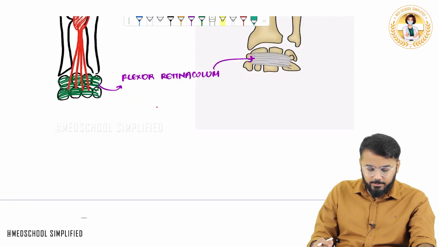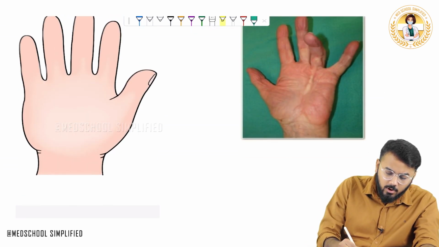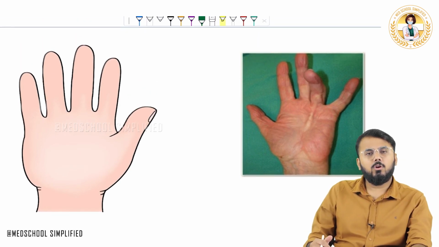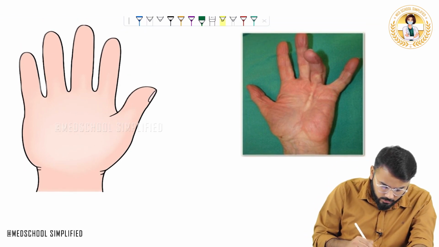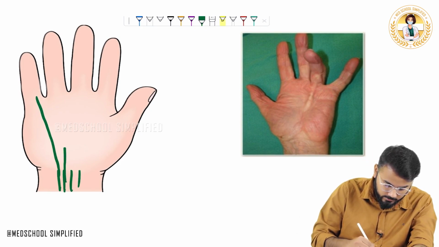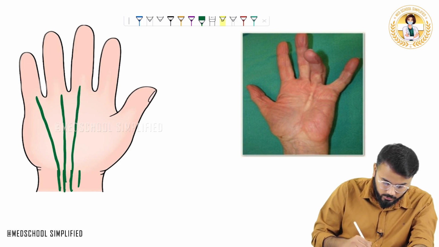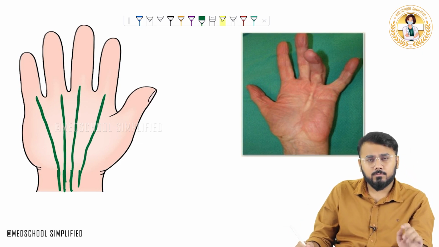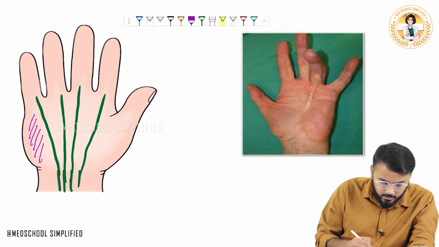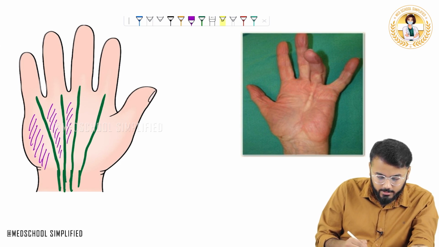Next important thing is that palmaris longus has got tendons, I told you, right? So these are the tendons of palmaris longus. These tendons, they go like this. Now, in between these tendons, whatever I am drawing here, this is